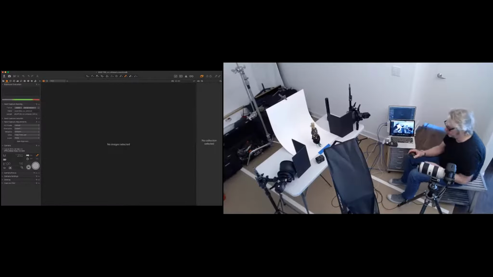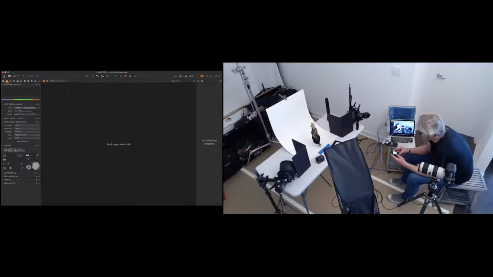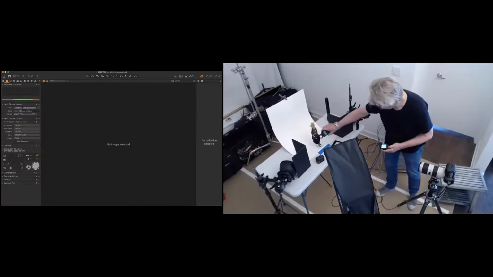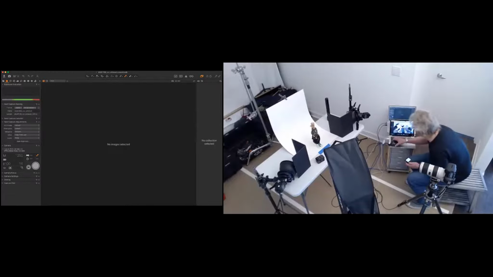So that's what I'm going to do on a little pack. So hang on one second. 32.7. All right, let's see how we did. So I'm at 5.6.4, means I need probably another 2/3 of a stop.